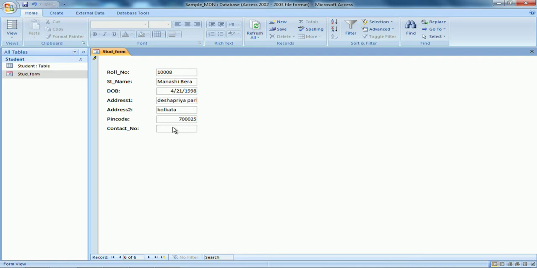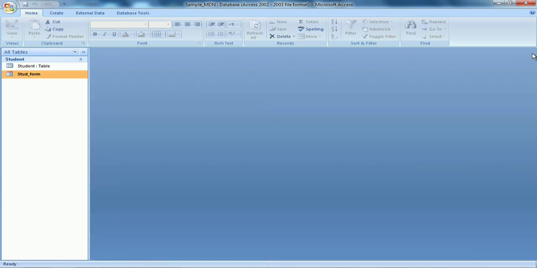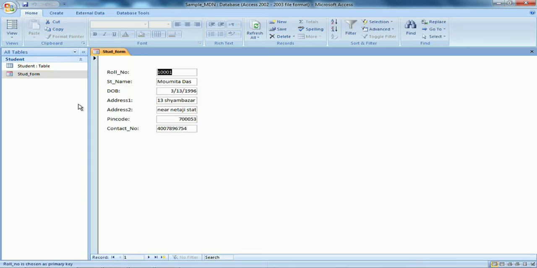Pin code, I will enter, contact number. So as I click, it comes to the next record, and now 10 digits are filled up, so it goes there. Now I have 6th record. Now let me close this from the close button.